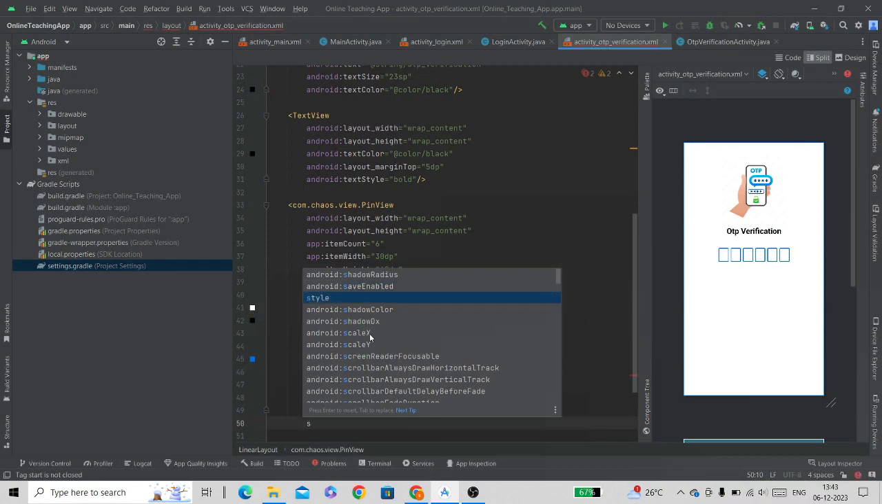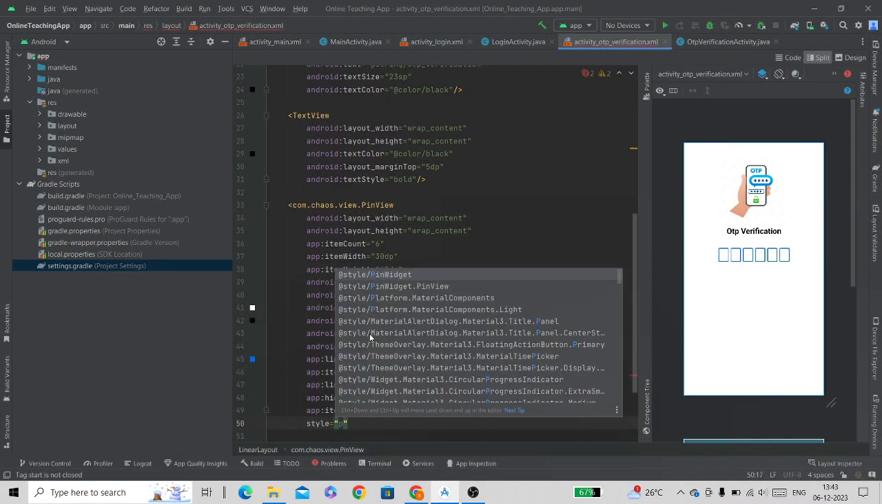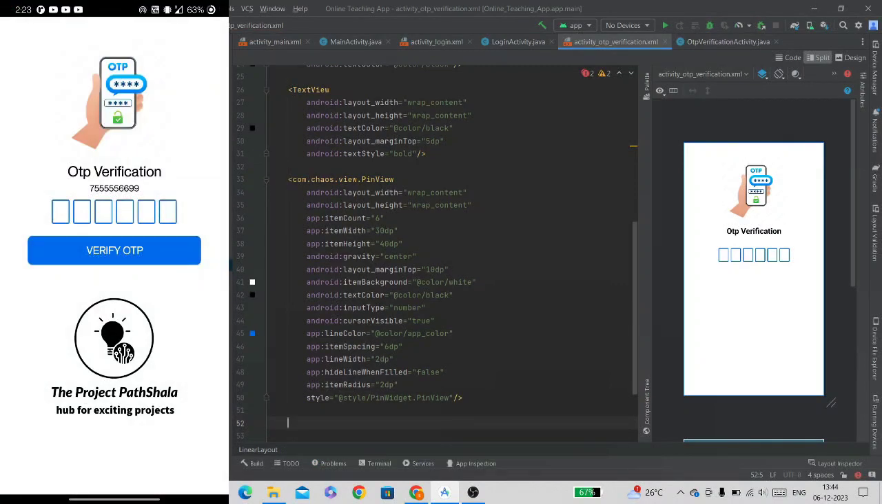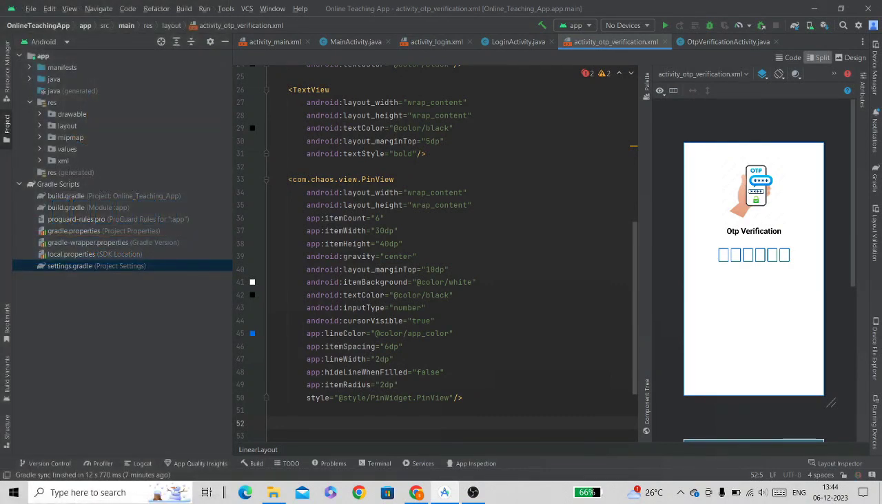Style, widget dot PinView. Close the PinView. Now that we have created a PinView, we will create the button as shown in the image. Just like the previous video, here also we will create a frame layout and then we will add a button and a progress bar. Now take a frame layout,